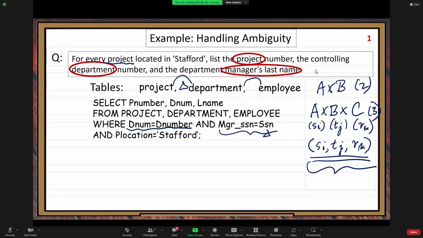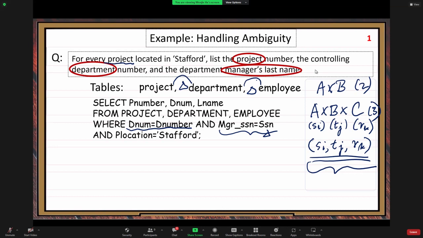You compare. If they are the same, you keep the row. Otherwise, you eliminate. So another round of elimination. But this time you join another two tables. So you apply two different table join conditions